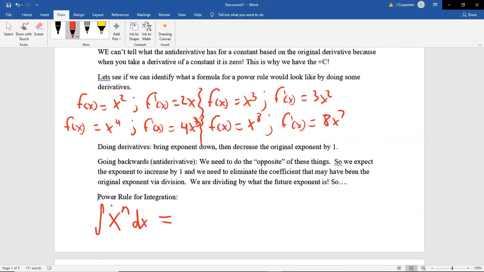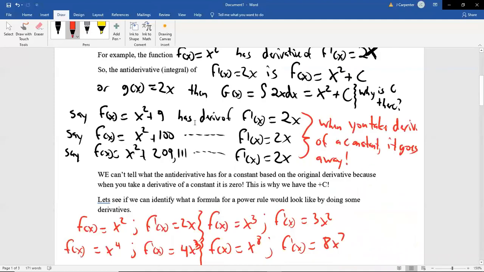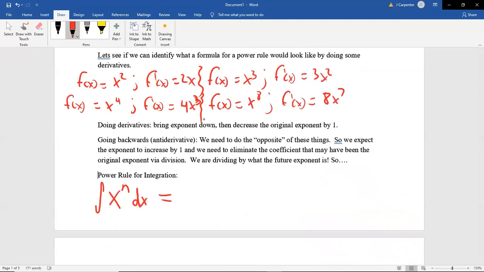So here we go. Now when you actually integrate, this symbol is no longer there. Notice above, when you integrate, that symbol is no longer there. You just switch to a capital letter instead of a lowercase letter. So the exponent needs to increase by 1. So we get x to the n plus 1. If we start out with n, we have to add 1 to that. Divided by. Then we are going to divide by what the future exponent is. The n plus 1, this is the future exponent, so that's what we divide by. But then there is also the plus c.